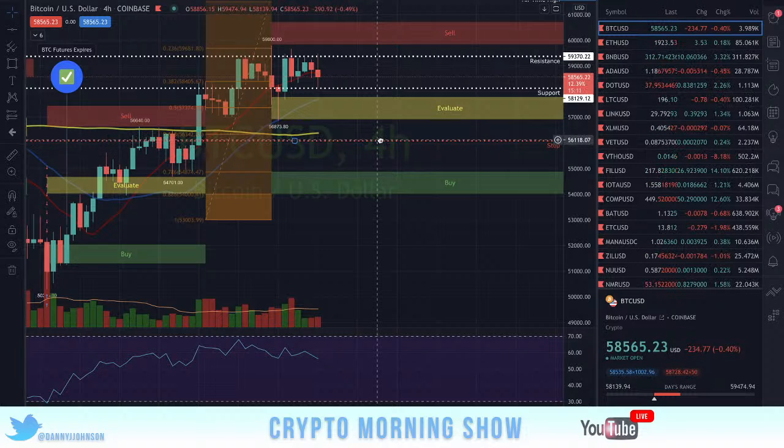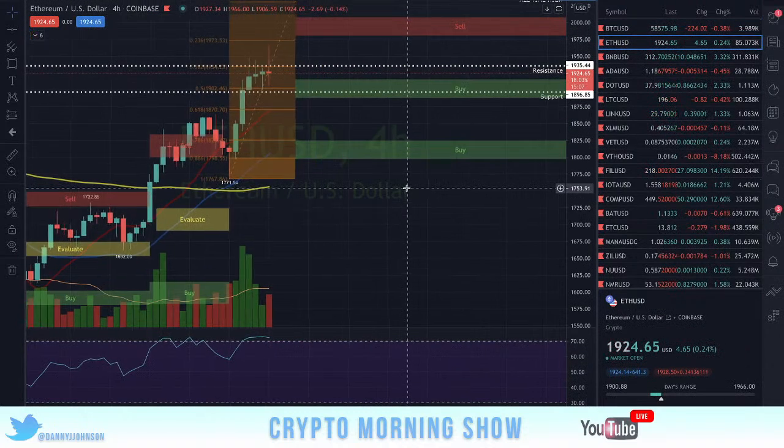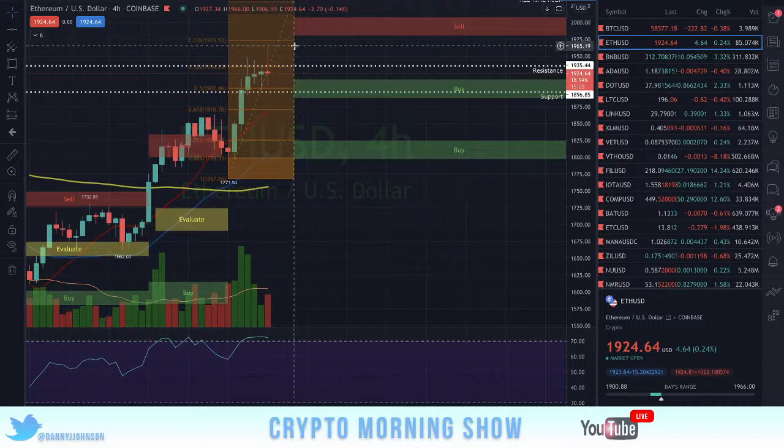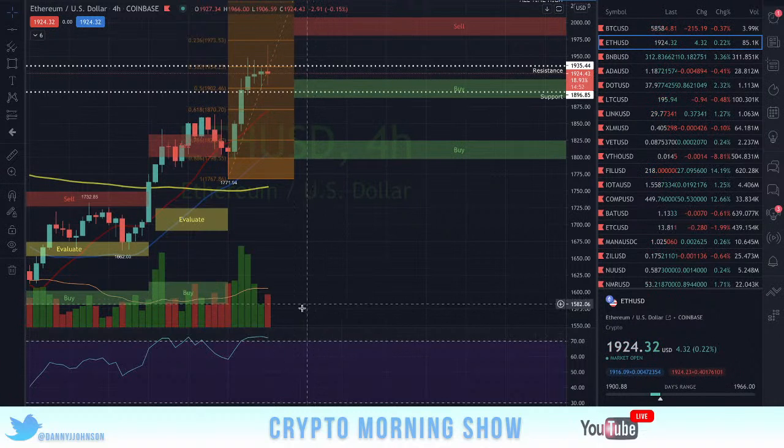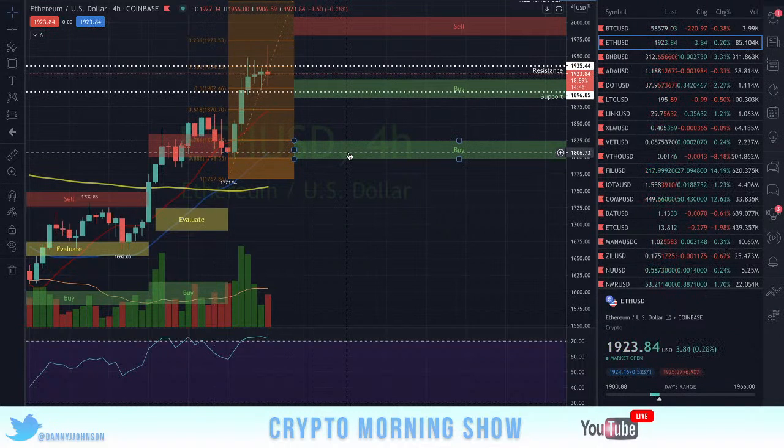Let's move on to Ethereum, rocket ship. Looks like we got up there all the way up to, where was that? 1948.29 in the overbought on the RSI here. So we're going to need to come down and cool off a little bit, let that RSI get below that 70 range. So we're going to look down at support right on this Fib 50 at the